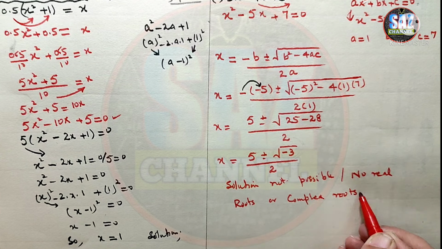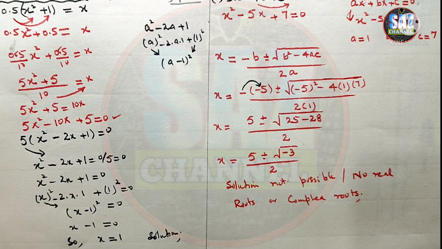So at this stage of O level, you have to leave your working here, because we are not teaching you complex numbers, we are working with the real number system. For all those situations in which we use the quadratic formula for the solution of a quadratic equation and we get a negative sign under the square root sign, there will be no real solution, we will have a complex solution, or we can write that the solution is not possible. So this is the situation for which the examiner has written that we have to solve the equation if possible.